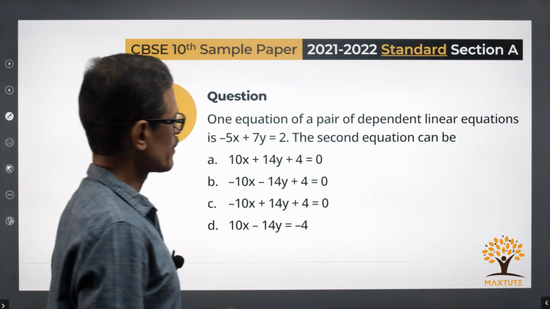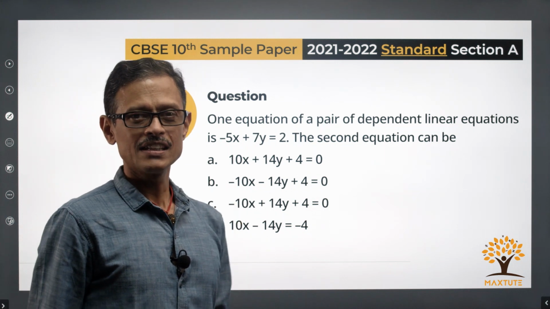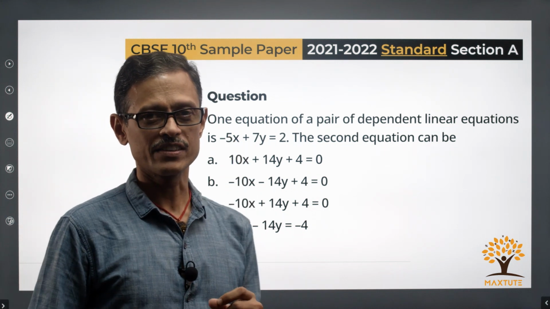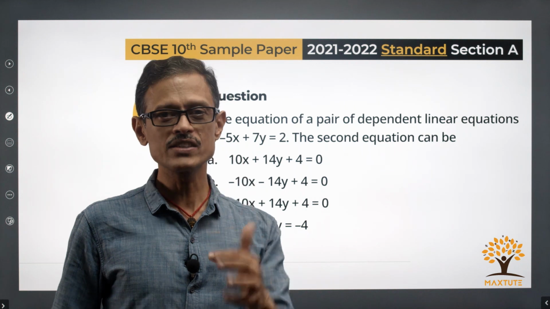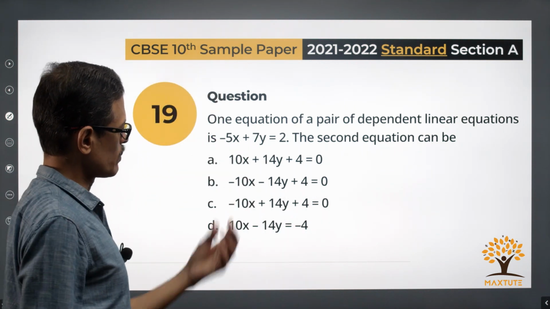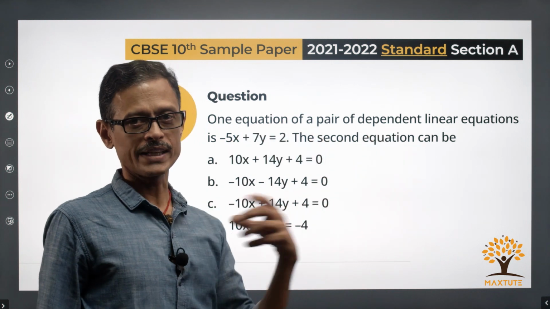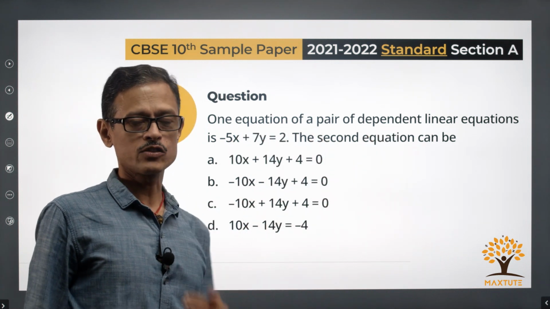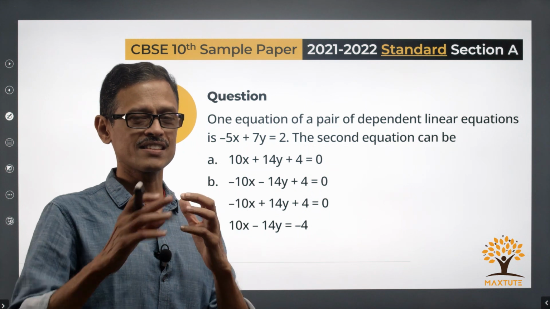One equation of a pair of dependent linear equations is minus 5x plus 7y equals something; the second equation can be which of the following is what we have, right? Dependent linear equations are linear equations which will represent a pair of coincident lines. That's what it essentially means, right? So we'll actually use the answer options to solve this, but before that let's get a handle on